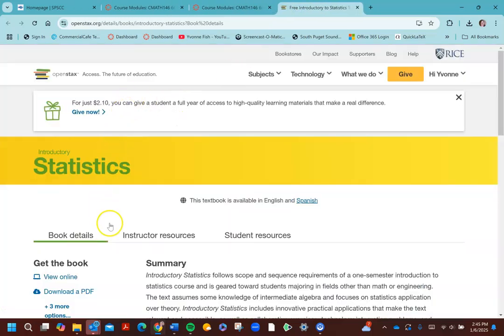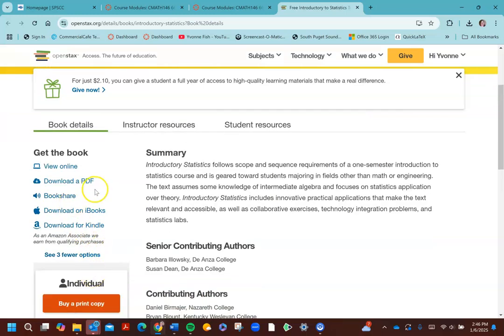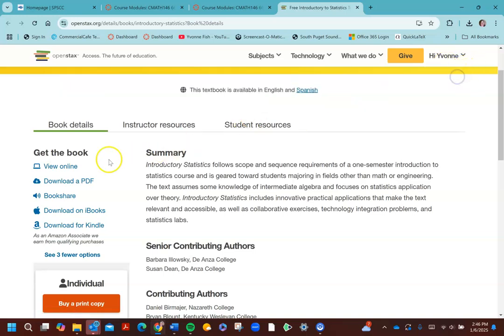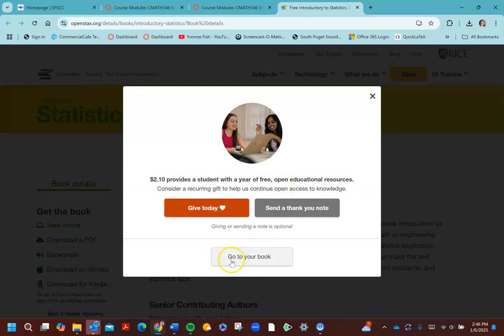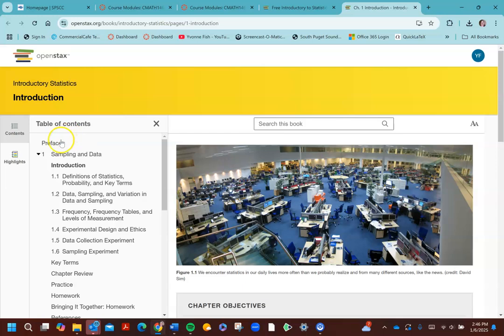And you can see it's a free book. You can view it online. There are other options here, but those you may have to pay. But it's all free, and we're just referencing it. So I just want to show you where to find it. Here, if I go view online, you actually have to click down here, go to your book, and then you'll see